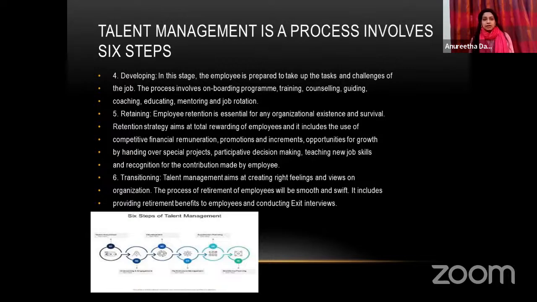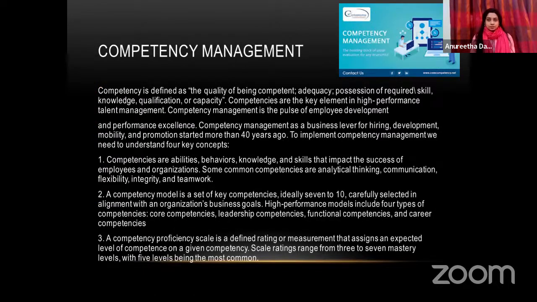So these are the steps that require talent management to be very, very effective, to have a very approachable way in order to maintain its process. So these are the ones that you have to focus on. Next is competency management. So now you know very well what performance management is, the difference between appraisal and performance management, the cycle that we've learned, the 10-stage process that we have learned, and so many topics that we have learned.